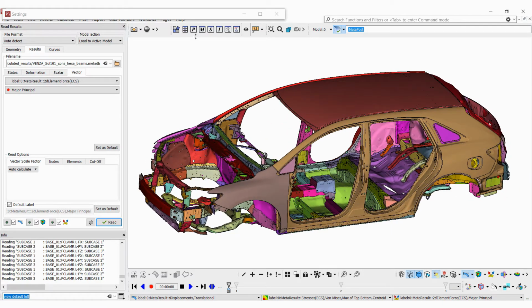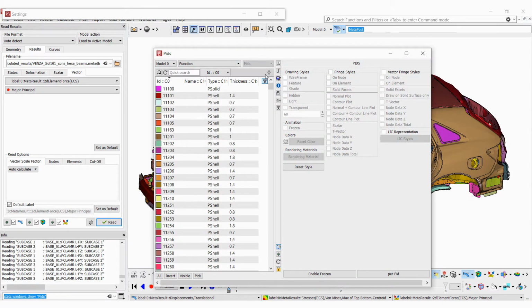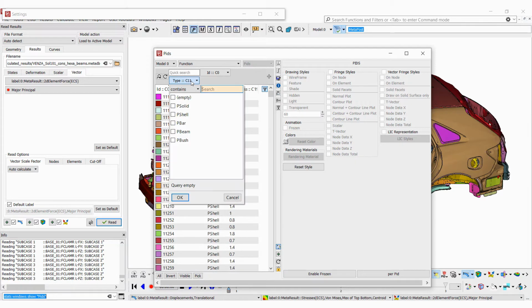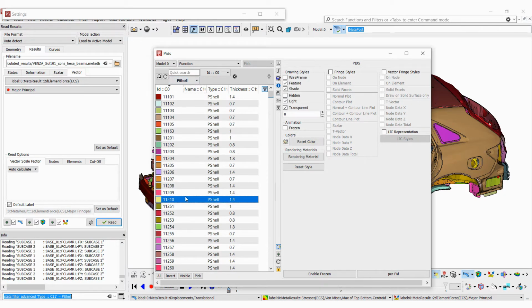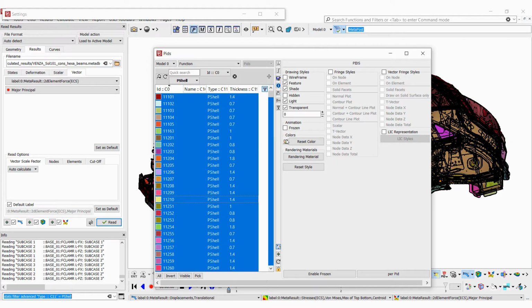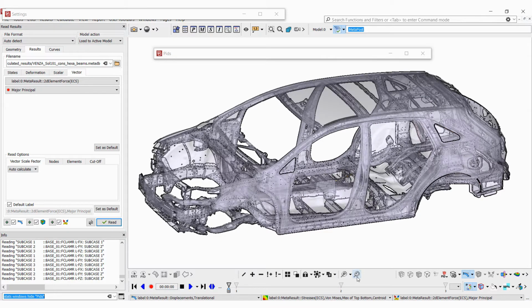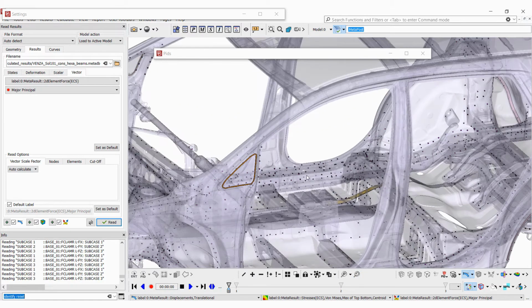Through the PID list and using the latest filtering mechanisms introduced in the previous version, we can filter the entities by type and choose the P-shells only. Once we select them all, we can change their color to a light gray, add some transparency to them, and also remove the feature lines. We can then easily spot the hexaelements.